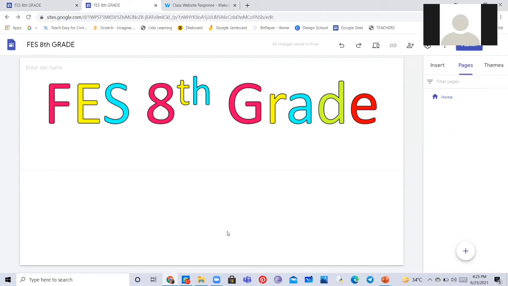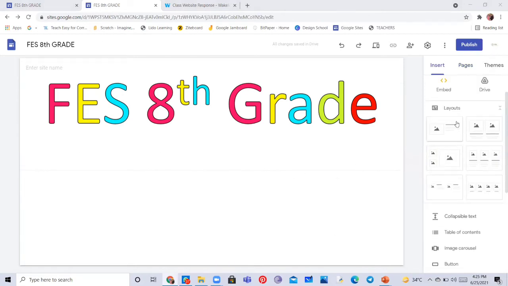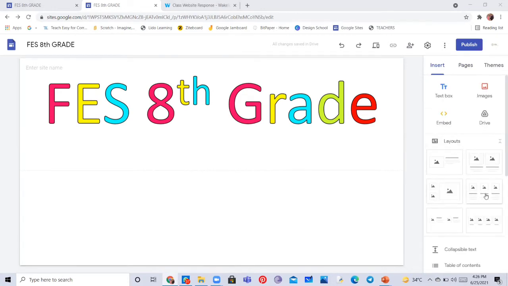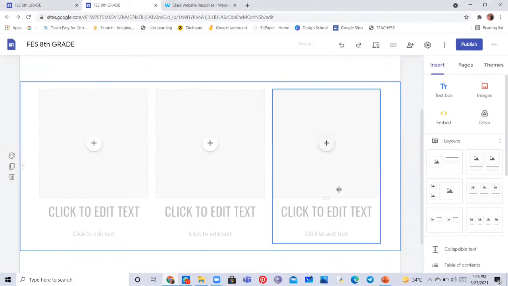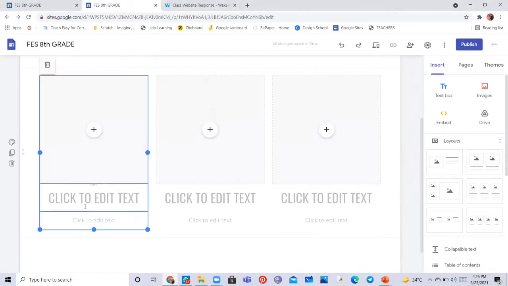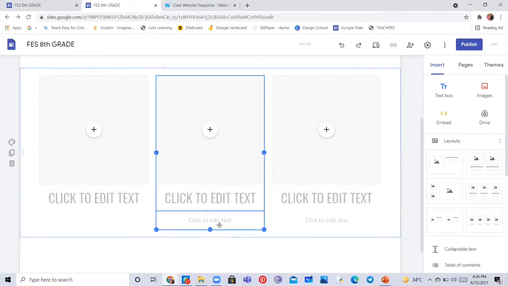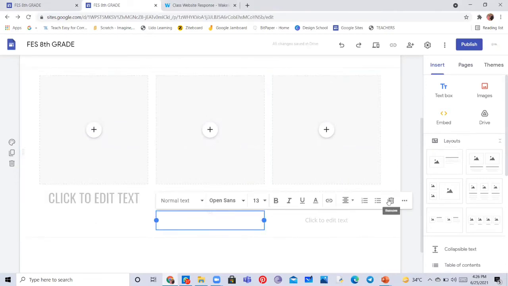So I'm going to move ahead now. Let's go to insert and explore it. You can customize it in your own way, but today we are going to create a few buttons. For that, you will need to go to layouts. In this insert section, you have a layout option. Then I'm going to choose this 3 picture carousel. So this is how it would look. Now you can remove the sub body text from here.